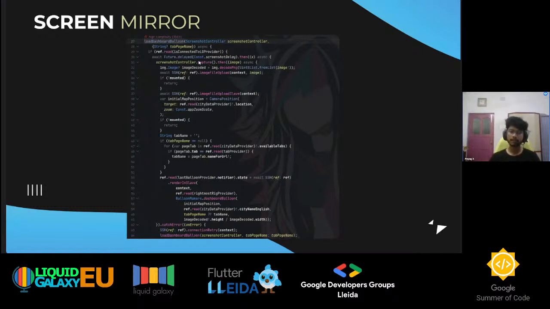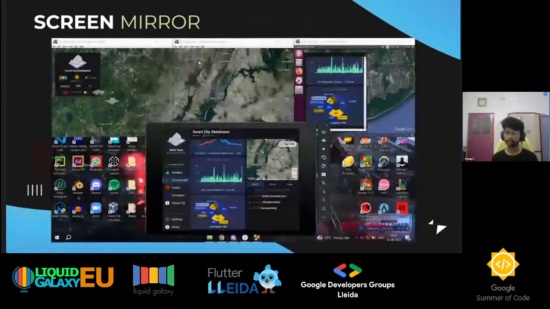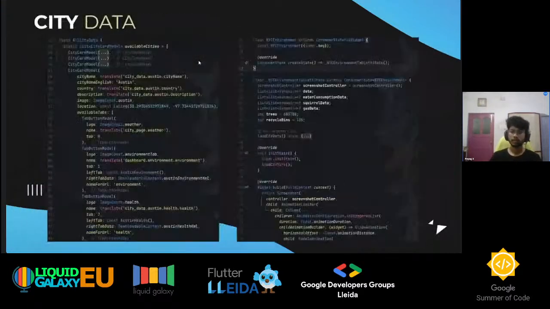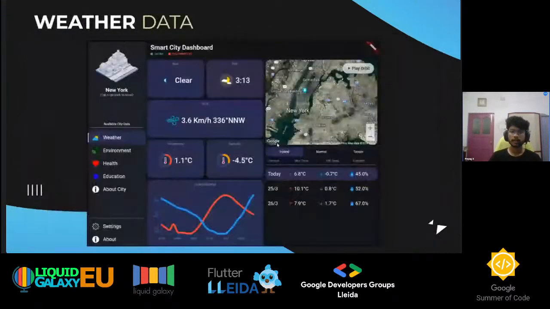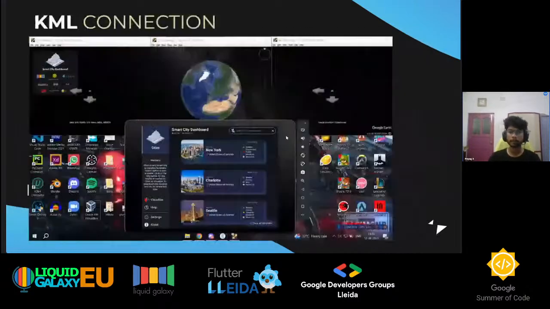Inside the function, I have a screenshot controller that I pass while calling the function. It will capture the list of widgets: this chart panel, which I call the left panel, and the rightmost panel where I have the Google Map. So it will capture all these widgets,